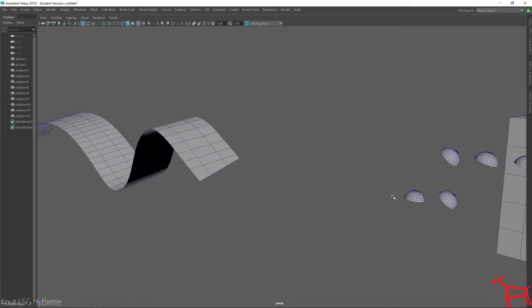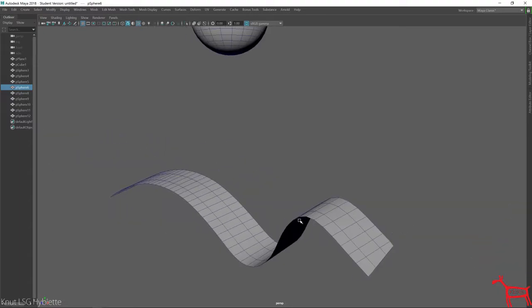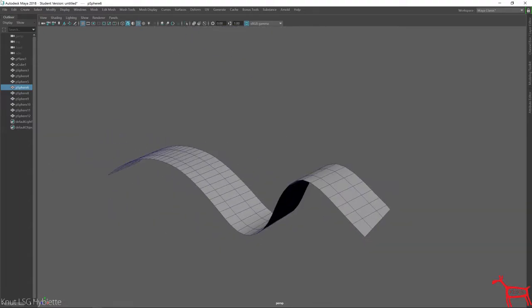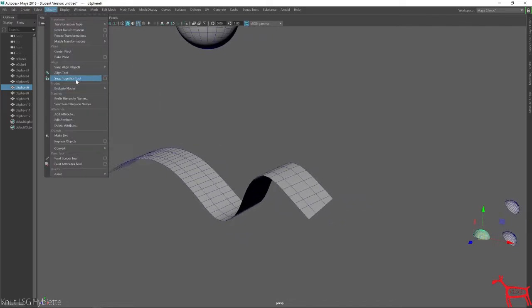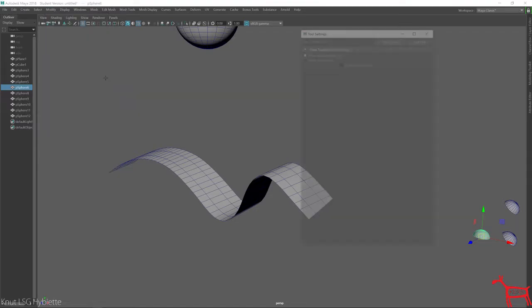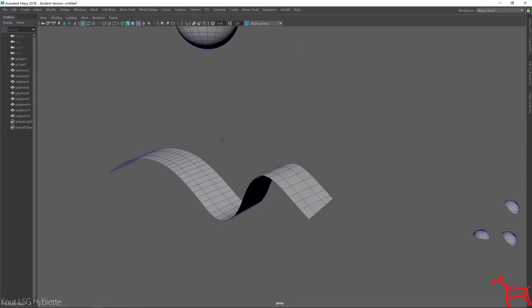I'm going to show you how to line this half a sphere on this curvy road. We will use a tool that is called the Snap Together tool. If you open up the options and just hit reset and close this out, and the way this tool